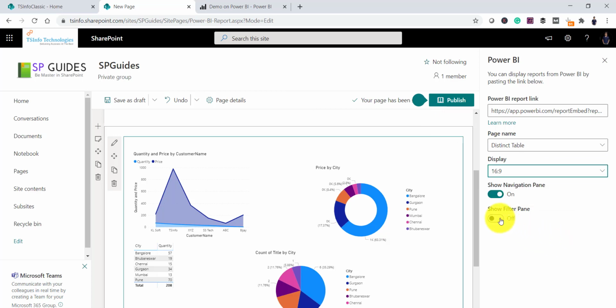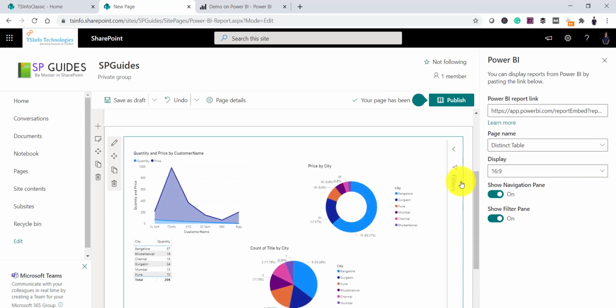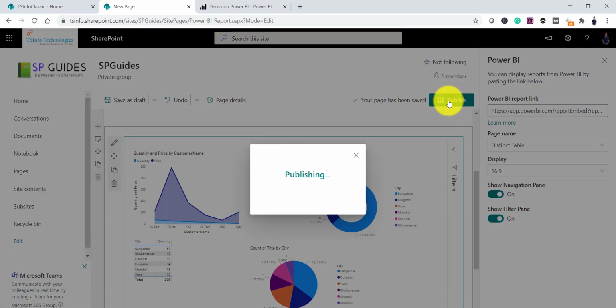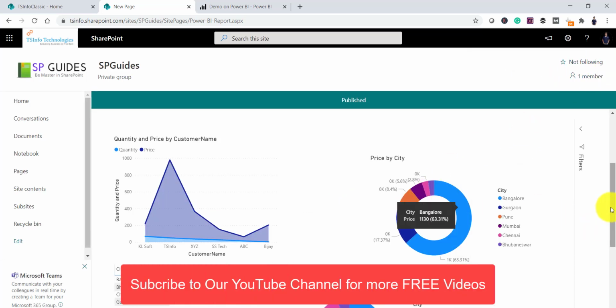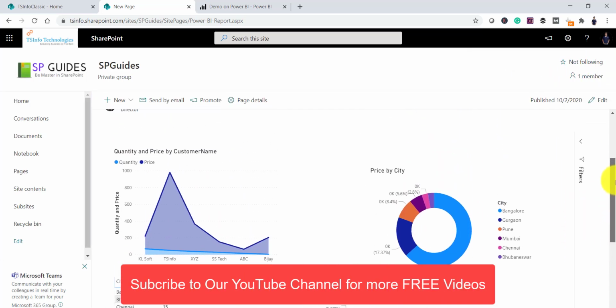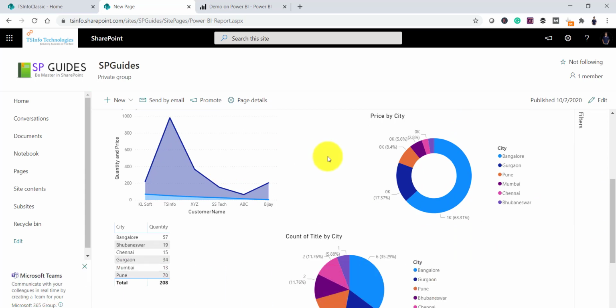If you want to show the filter pane, you can select it so the filter pane will display here, and then click on publish. Our page is published now. You can close over here, and this is the Power BI report in your SharePoint Online site. So that is one way, by just copying that link and using the Power BI web part.